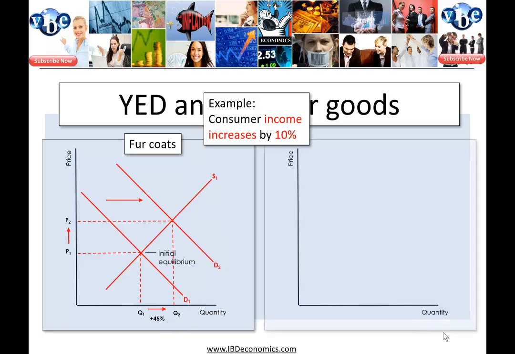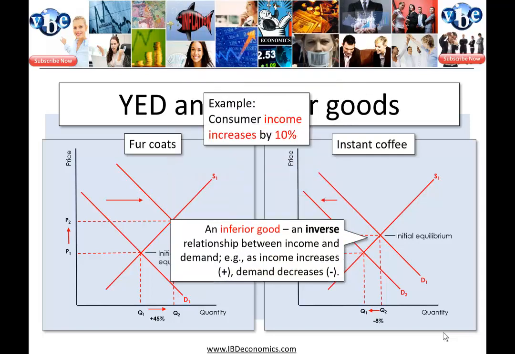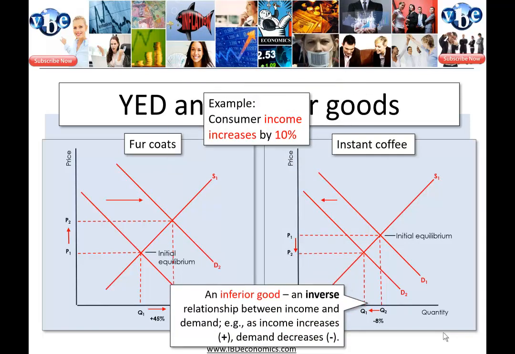Whereas if we have a look at an inferior good, instant coffee, for example, where supply meets demand, we have our initial equilibrium price and quantity. Now, as income increases with an inferior good, demand will decrease. An inferior good has an inverse relationship between income and demand. So as incomes increase, that's a positive. Incomes are climbing, plus demand decreases. That's a negative. So inverse relationship